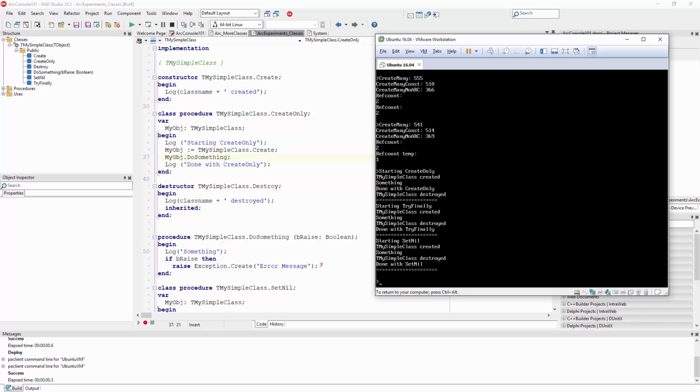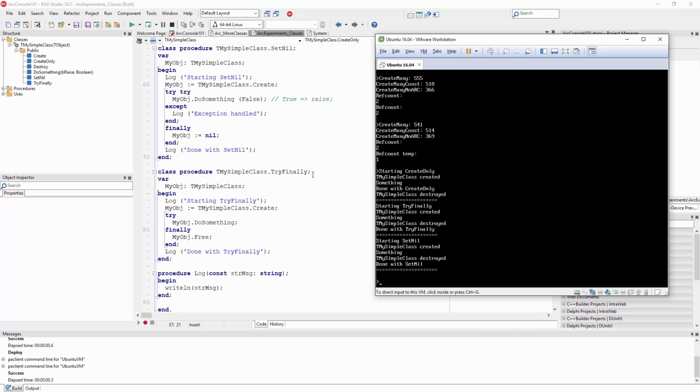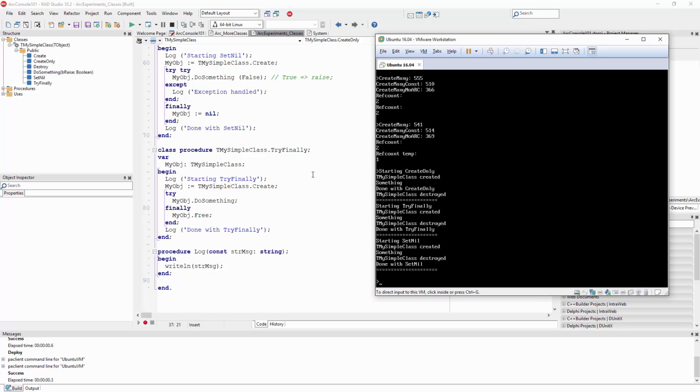Something. And we're logging done, and then the class is destroyed. If we go to the try finally version, the class is created, something. When we do free, the object is actually destroyed, and the done with try finally happens after the destruction. So in general, on the ARC platforms, you don't need to free objects or set objects to nil. You just let the objects go. However, there are cases where you need the destruction or cleanup to happen immediately,